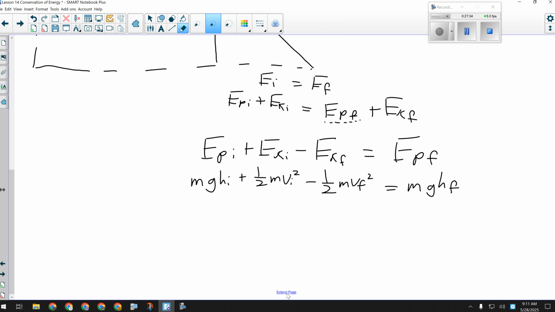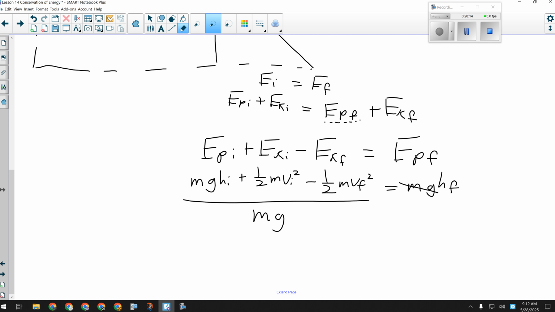I want to get HF by itself. So what do I do with the M and the G? Divide them over to the other side. Now I'm solving for HF. I can't cancel anything now because I've got addition and subtraction on the top, so now I have to leave the mass in there. Can I plug in my numbers now? Yeah, I know all the numbers except for HF. Is this really a lot different than what you did for work energy theorem? It's a similar pattern: set it up at the top, then start expanding it out, manipulate and solve.